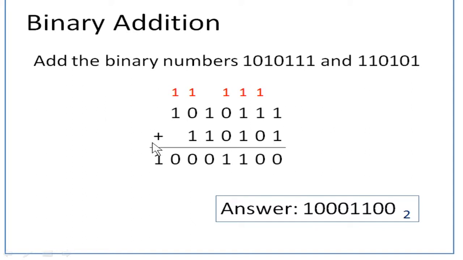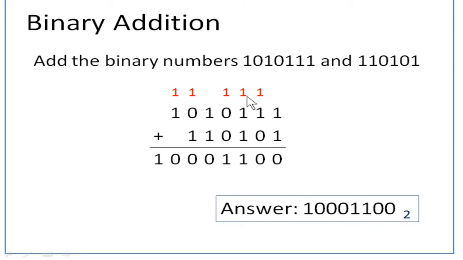The same position value has to be carried over, because one number will be longer and one number will be shorter. So always start from right to left. After writing one below the other, you start adding. So 1 plus 1 is 10. You put 0 and carry over 1 to the previous column. Then you have 2 ones here. 1 plus 1 is 10 again, so you put 0 down and carry over 1 to the previous column.